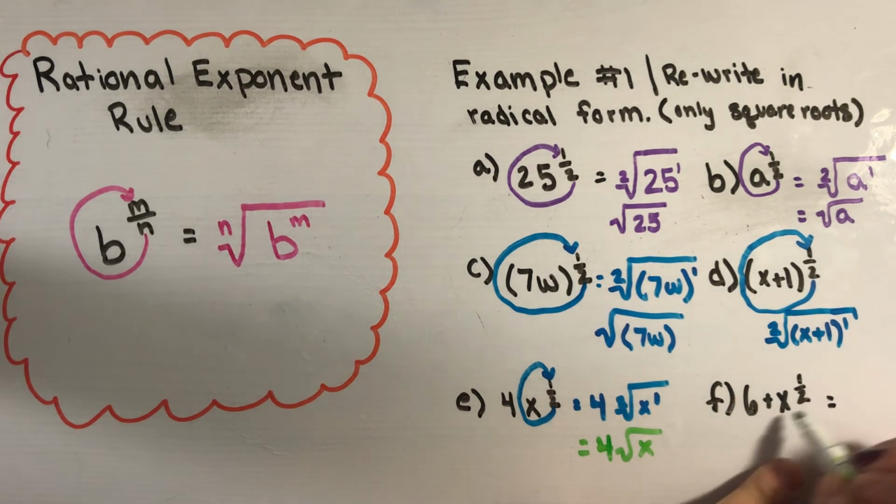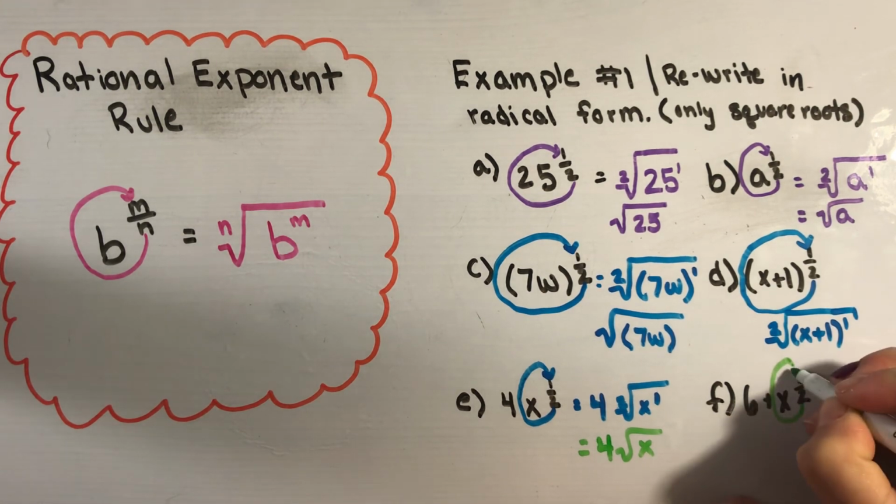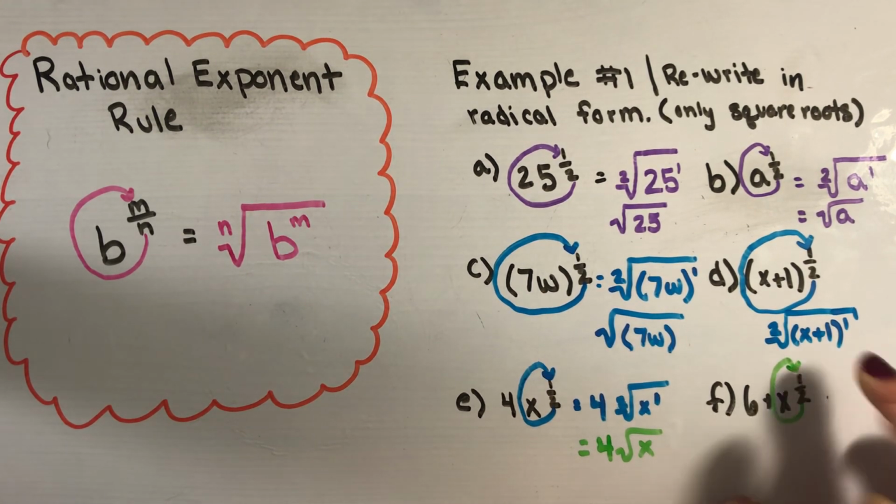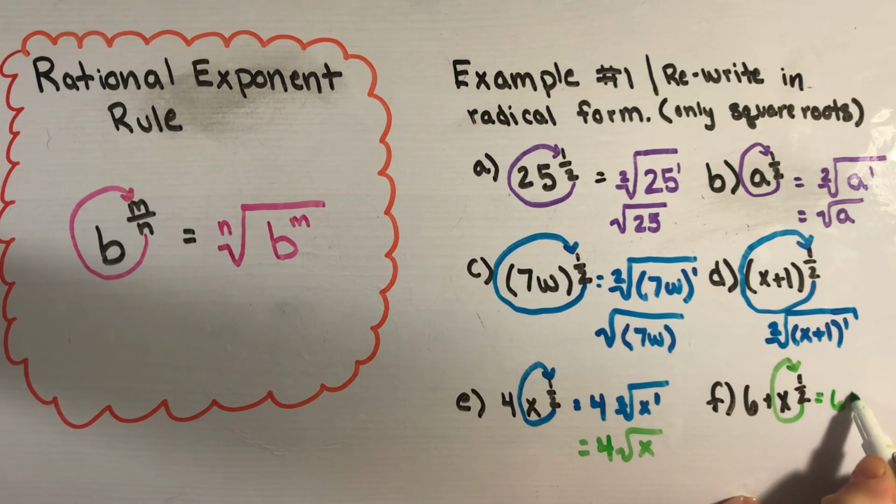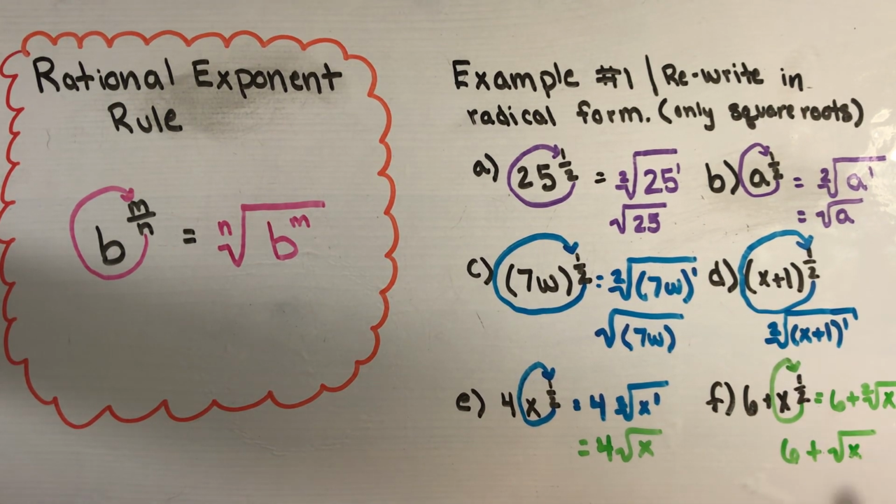Last one here. 6 plus x to the 1/2. Again, you're not going to include that 6, so what ends up happening, it's going to be 6 plus the second root of x to the first, or 6 plus radical x. Okay,